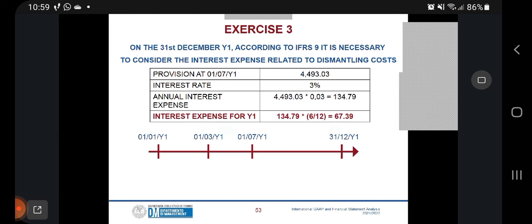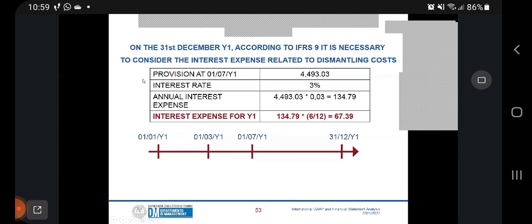Now you haven't studied it yet, but at the end of the reporting period we have to bring the value of the provision of dismantling costs, as we computed the present value, at the 14th year. That's the reason why, according to IFRS 9, probably the toughest of the international financial reporting standards, which you're going to study very briefly during the last lecture of this course, we have to consider the interest expense